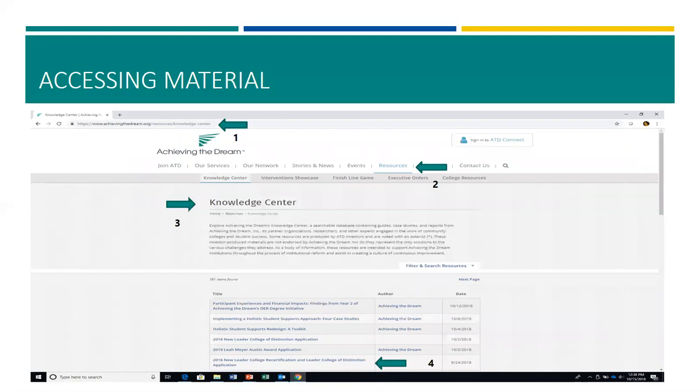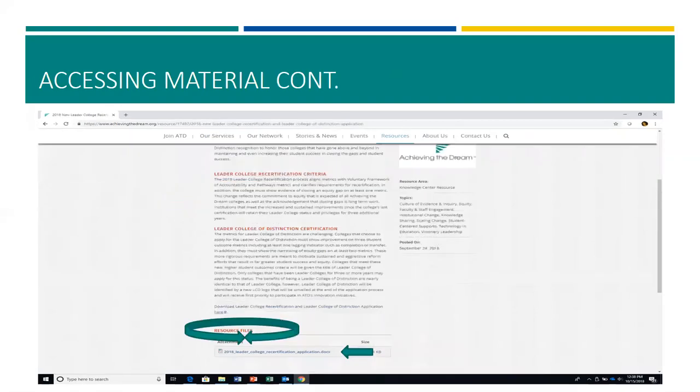The third indicator is the Knowledge Center page, which stores the link that gets you one step closer to accessing the 2018 new recertification and Leader College of Distinction application. Once you click on the link towards the bottom of the page under Resource Files, you will find the link to the application that includes instructions and other pertinent information. The document starts out with an introduction followed by this year's eligibility requirements.